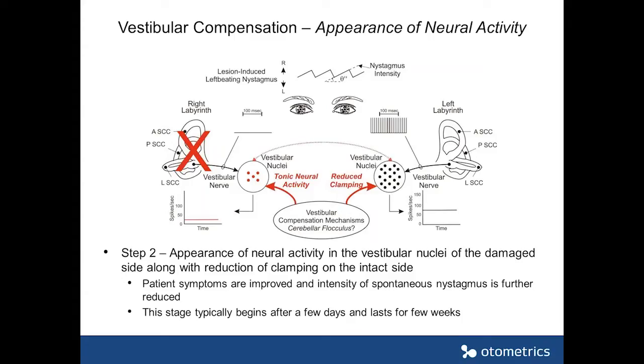The most likely origin of this is the commissural connections between the vestibular nuclei of the intact and damaged side. At this stage, there's still an asymmetry, but the asymmetry is reduced. The spontaneous nystagmus is not as bad as it was at the acute stage. Still there's spontaneous nystagmus. The patient is still somewhat symptomatic, but these are moderate levels of symptoms compared to what they had at the onset. So if you wait